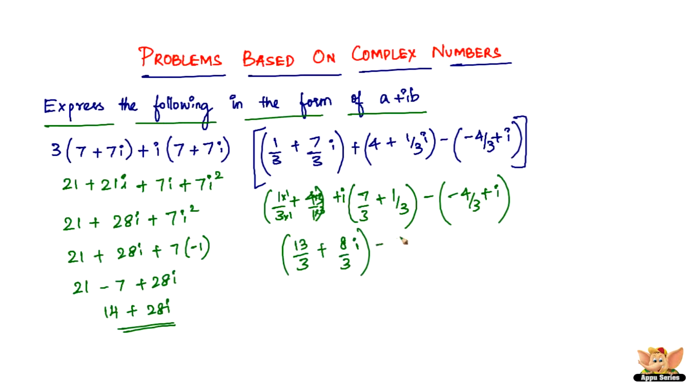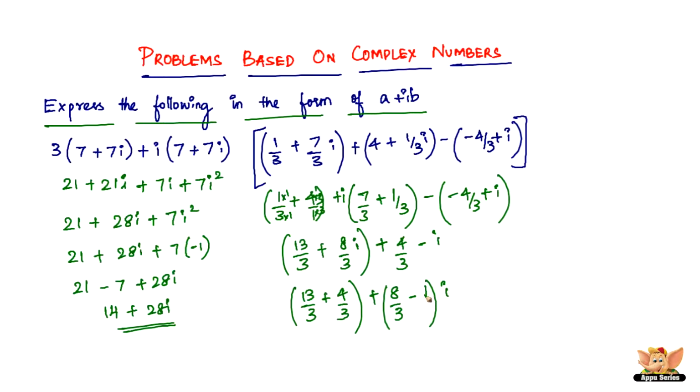So we've got this minus of this one. So minus of minus 4 by 3 is going to be plus 4 by 3. And minus of plus i is going to be minus i. So grouping this, we have 13 by 3 plus 4 by 3 and plus 8 by 3 minus 1 times i. What we are doing here is we are grouping 8 by 3i minus i. So you see in both the terms i is common, so you can factor it out. So if you factor i out, you have 8 by 3 minus,